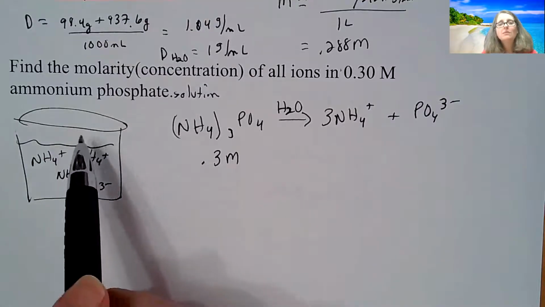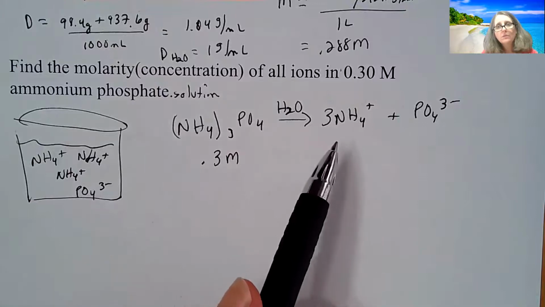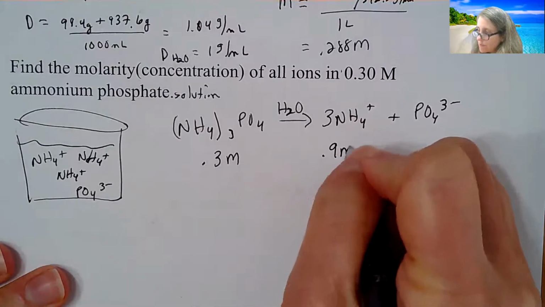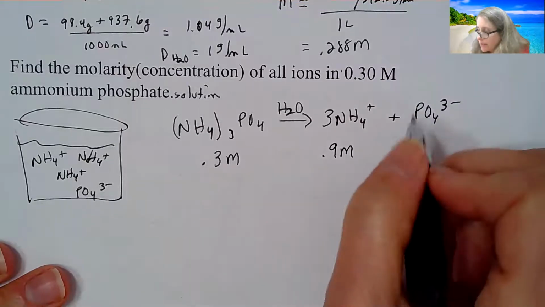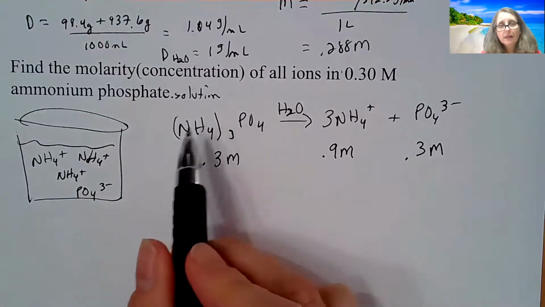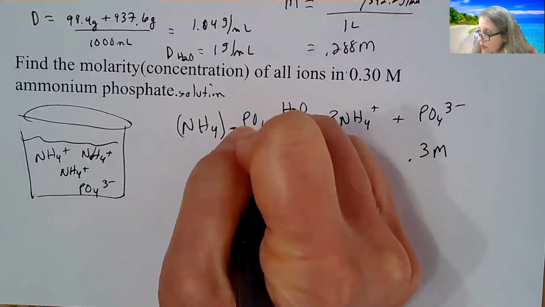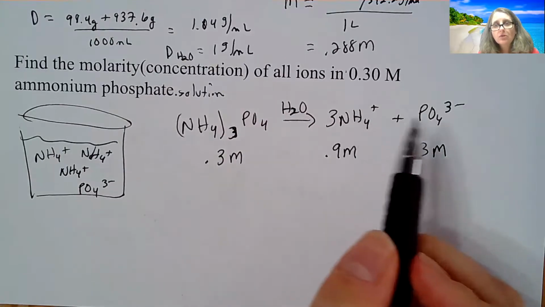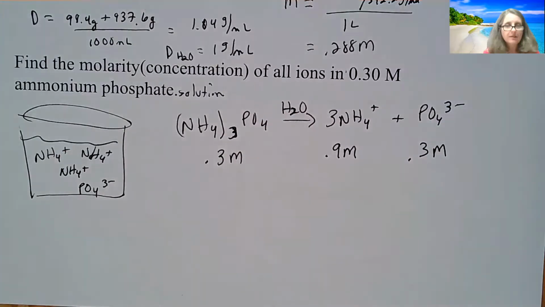So it's 3 times more concentrated with the ammonium than it is the phosphate. That means the concentration of the ammonium ion is about 0.9 and the phosphate is 0.3. Again, keep in mind that the concentration on the bottle is never going to be an additive process. Instead, what you're looking at is the individual ions and what is in